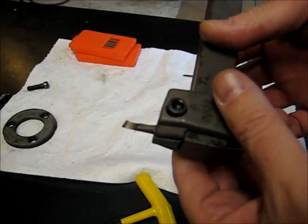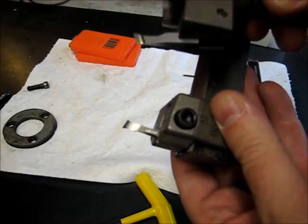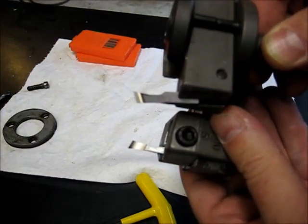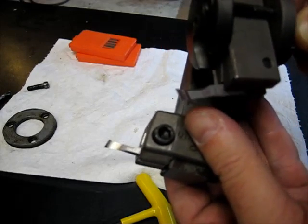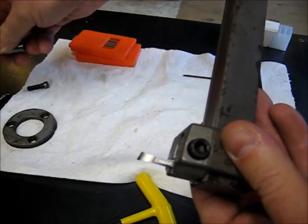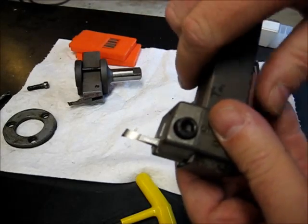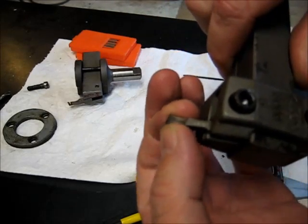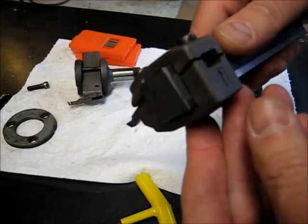And you'll notice, if you look at this cutter here, the length difference in the grind. This cutter is designed for cutting a much shorter depth of cut than this cutter, which has a much longer neck on it, much more relief ground into it. This is designed for cutting deeper. Again, this is the cutter clamp style,